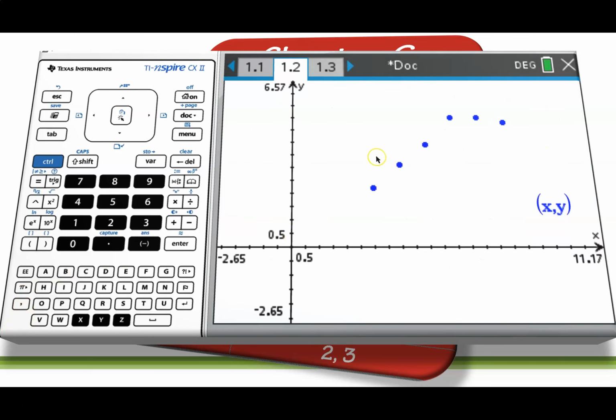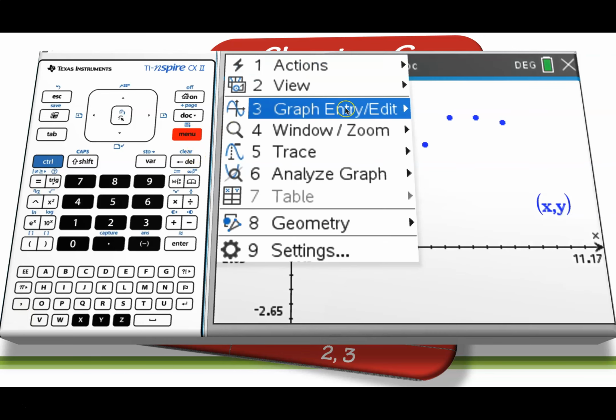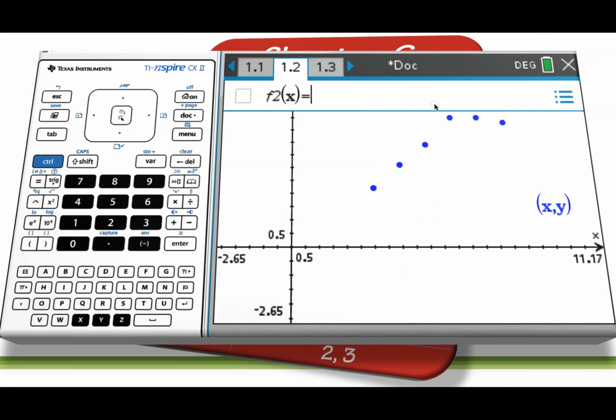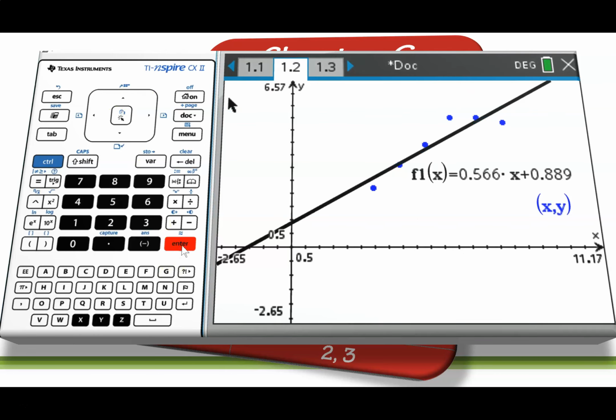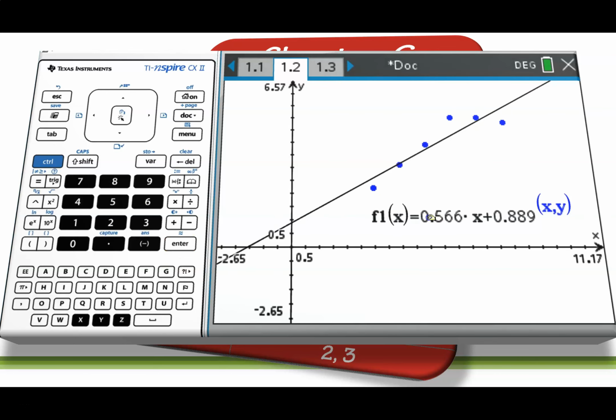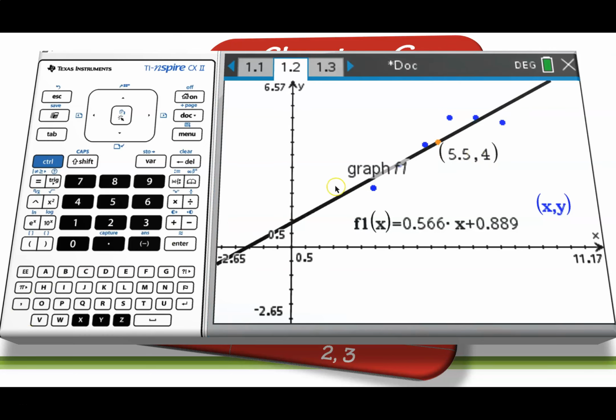So if I go to a graph page now, the first function it's going to offer me is F2. Back up you go to F1, pre-installed, hit enter, and the graph is presented to you. Move that label out of the way. Don't like it there. Now, what's the next thing we can do? I put the mean point in there just to verify that the line of best fit does always go through